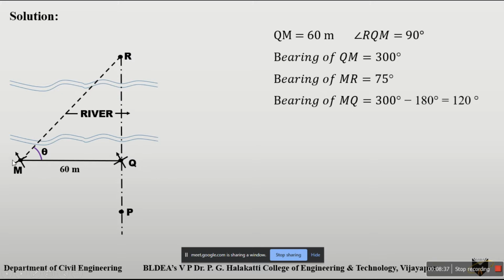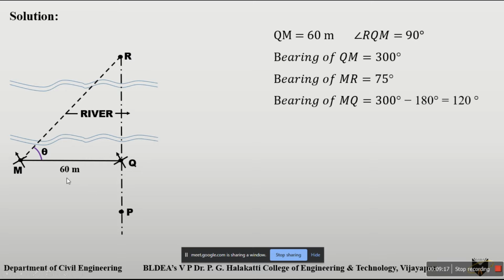For finding out the reverse bearing of M and Q, you can directly use 300 degree minus 180 degree. We'll get 120 degree. I am considering this 180 degree directly. The bearing of MQ means what? Q to M acts as a fore bearing. You can call it in the compass. We'll discuss it in detail in the compass chapter. Then the same reverse direction, the bearing from the M point to the Q point, will act as a back bearing.